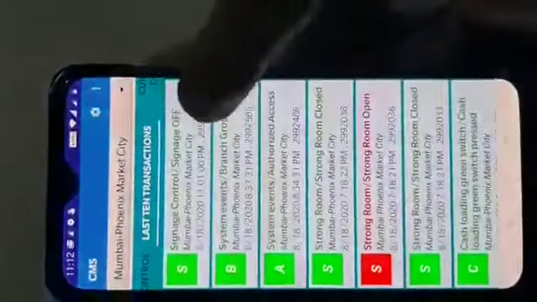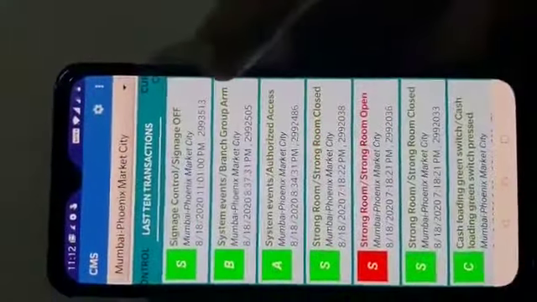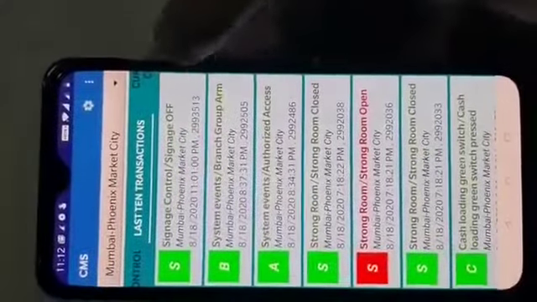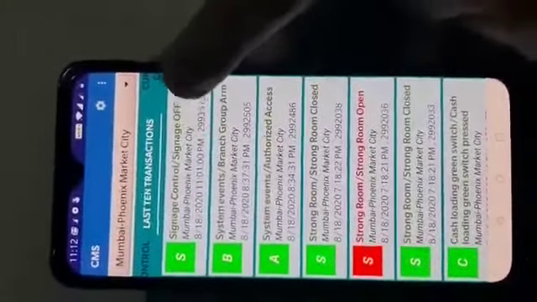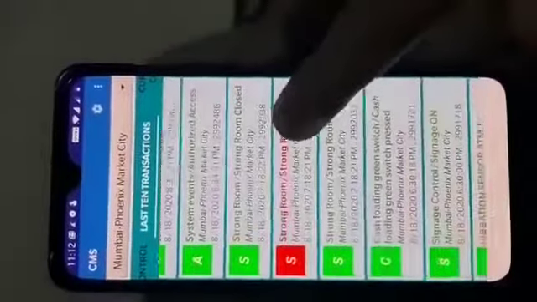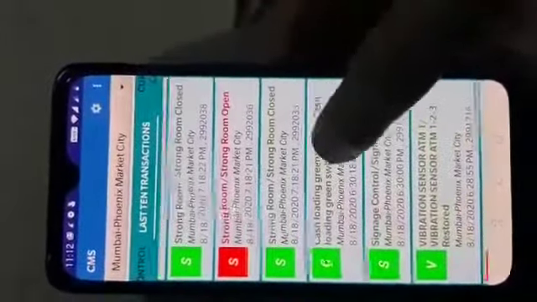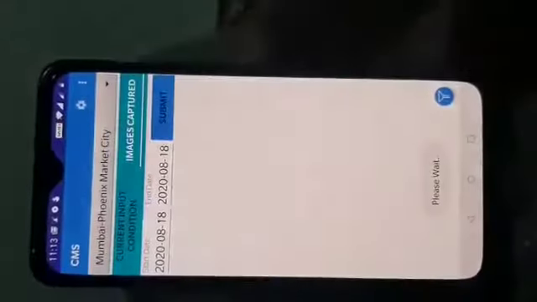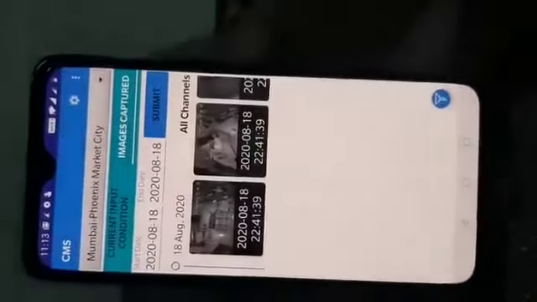You can see the last 10 transactions that happened on the site. The signage light was turned off at 11 o'clock and some other strong room door was open. So all these alarms are visible. We can also get images which are captured from this site. These images are from the ATM camera.